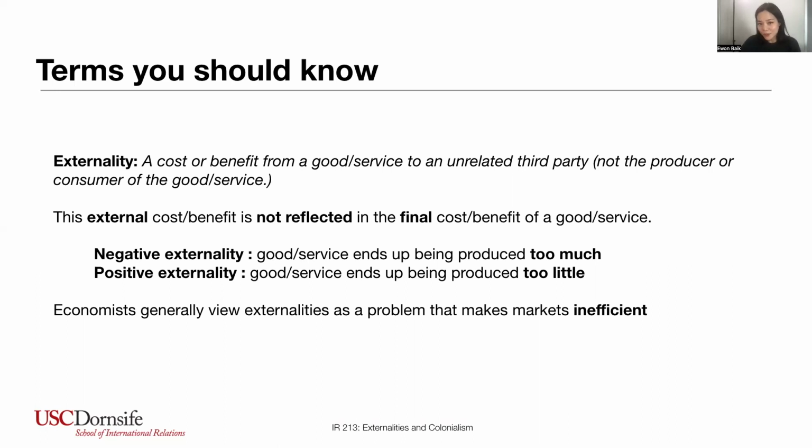So if there are negative externalities, if there's an external social cost that's not being accounted for and something is being produced too much, then the government should impose regulations or taxes to try to decrease production. And if there's a positive externality, a social benefit that's not being accounted for, the government should subsidize more production because the item isn't being produced enough. It turns out that, ironically, for a free market to be really efficient, we actually need a highly active government. And this sometimes gets lost in some of the political discussion around free market economics.